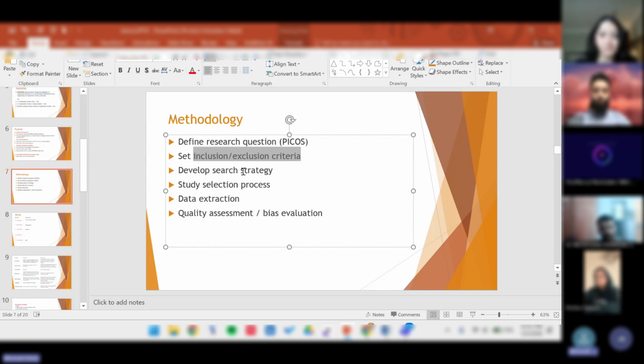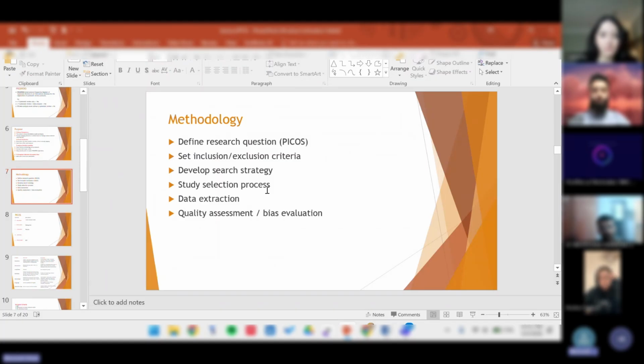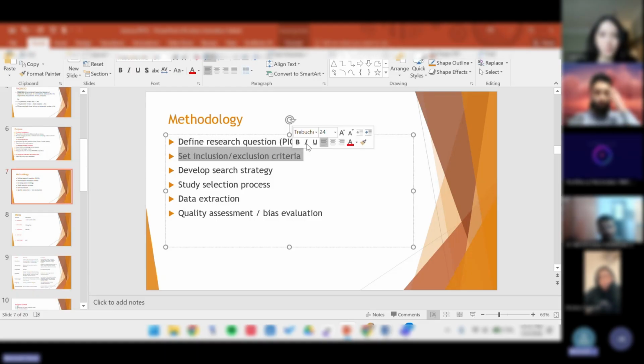And we have already done the search strategy. In the next lecture, we will be doing the data extraction, and after the analysis, you will be doing the quality assessment. So methodology is the part where most of the things are going on, right? We did this in our previous lecture, and today we are going to talk about the inclusion